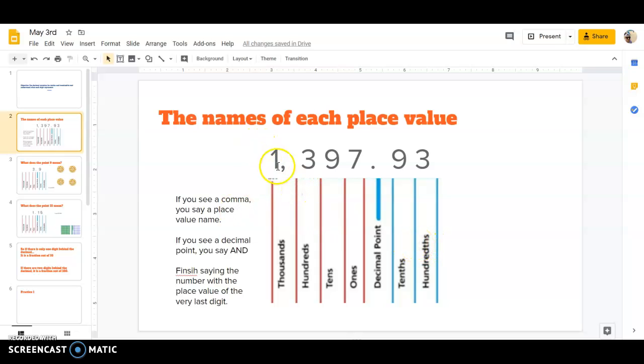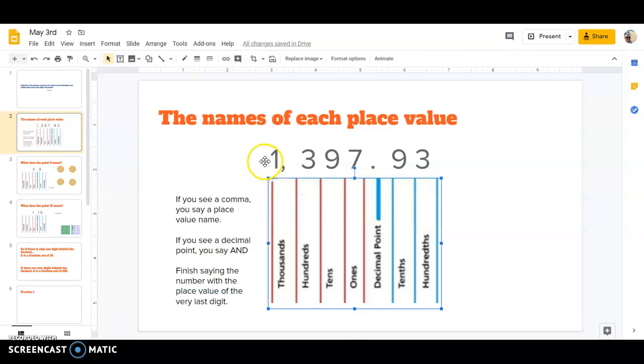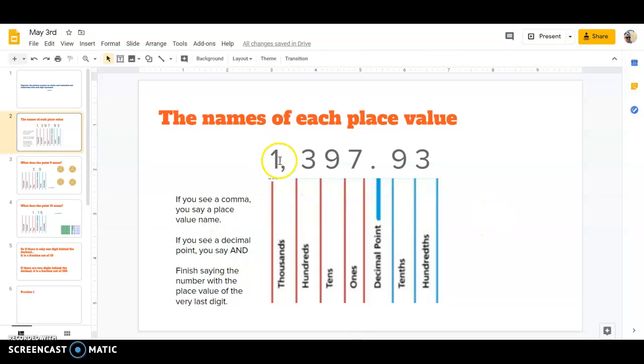Now, anytime you see a comma, you know that you should say one of the place value words. In this case, it would be 1,000. Then we would continue saying the regular rest of the number, 397. Then if you see a decimal point, you say and. So far we have 1,397 and. Then you want to say the rest of the number, 93, and say the place value of the